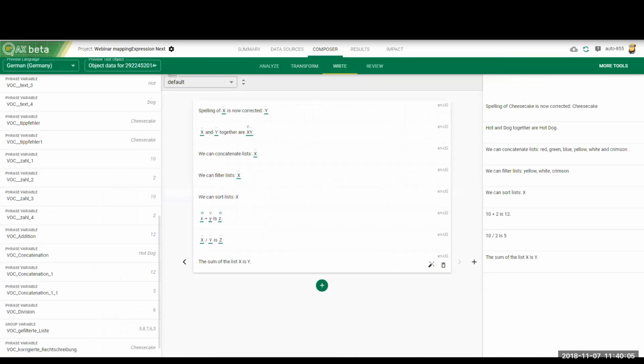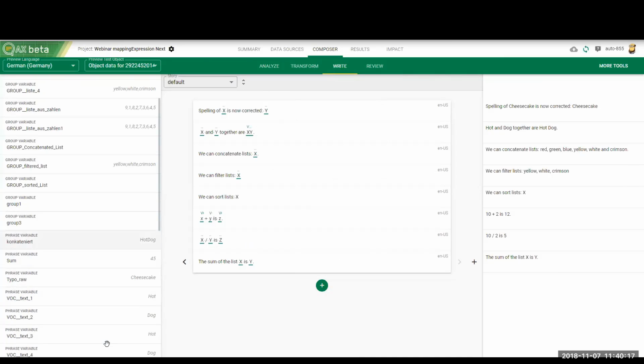And we can put it in here. Sum is 45, and the list itself is this one. Sum of the list 91 blah is 45. When I change the data, the sum of this list is 122. That's it. Okay, so these were some examples of how to use a mapping expression, but your fantasy is the